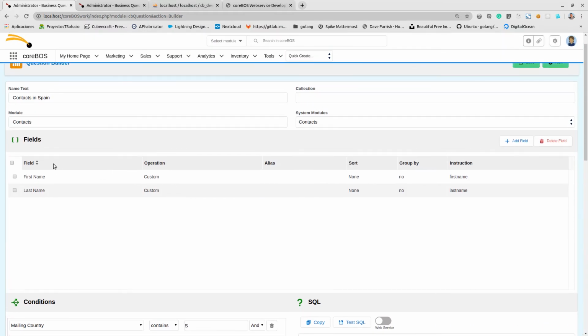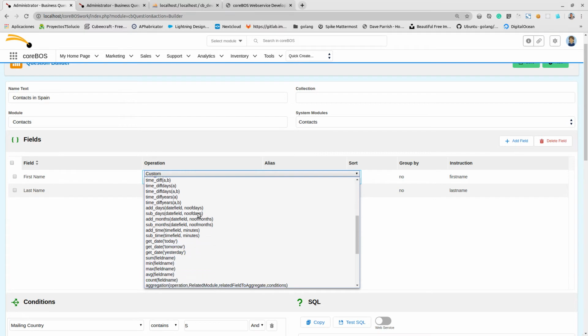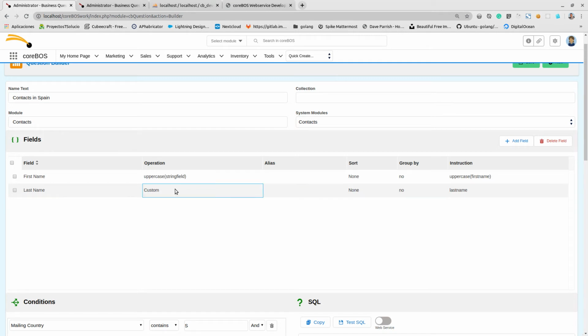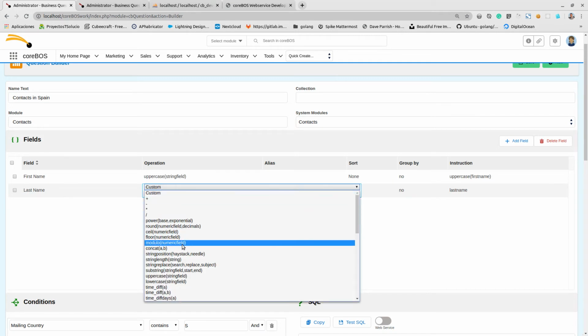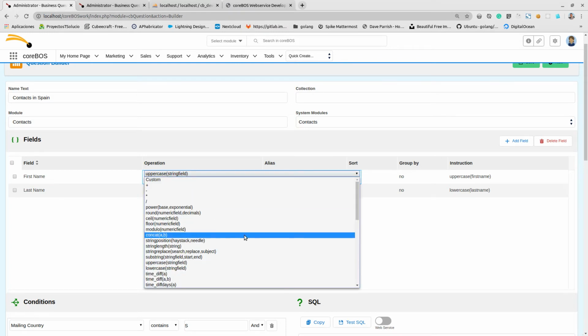Let's come over here and say, I want to get the uppercase of those names and the lowercase of the last names. Automatically, as soon as I selected the operations, which are many, as you can see, we can